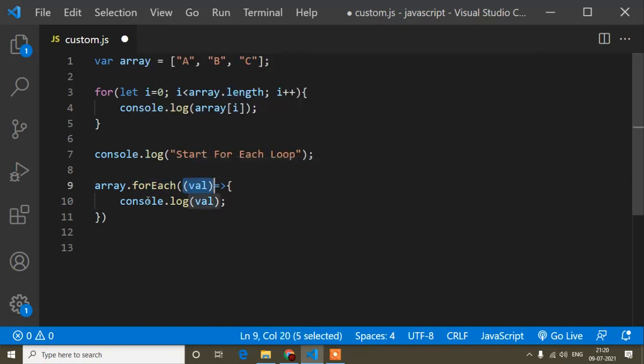So when the for each loop executes, it executes a function for each value, or you can say each array element. I hope it's clear. But in the case of the for loop, it doesn't take a callback, so it doesn't execute a method for each element while executing the for loop. I hope it's clear to you.